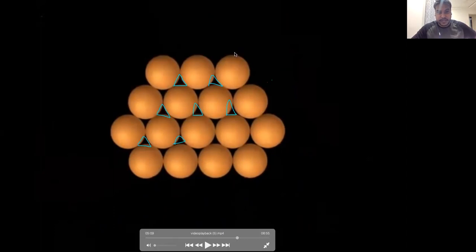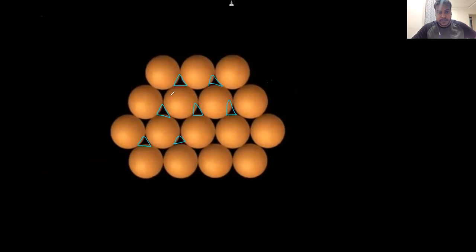So you can see here, this is one, this is the second one, third one, fourth one. So you can see the repeated ones. So you can observe there are two types of triangles. This is the closest packing imaginable in a particular layer. एक layer में इससे close packing हम लोग imagine नहीं कर सकते.